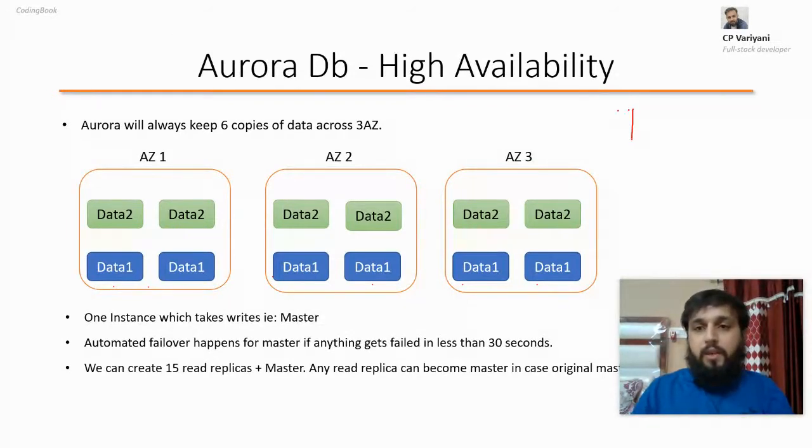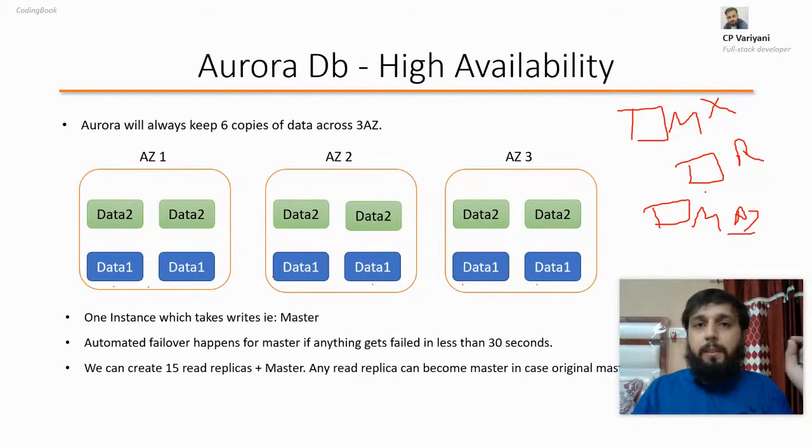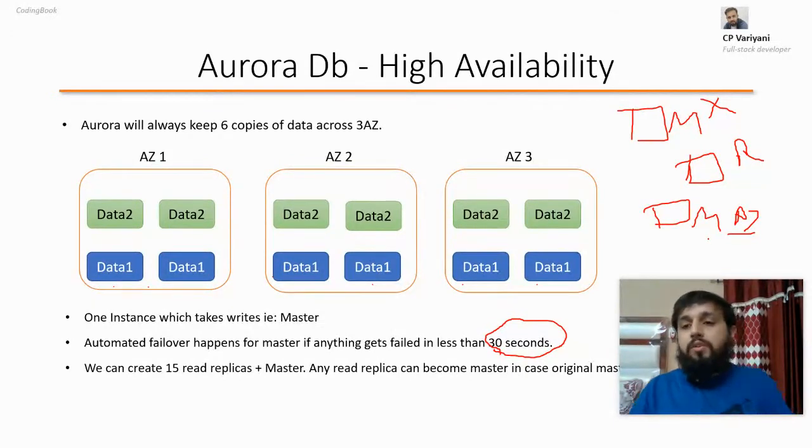Really interesting one. If you have a master instance and a read replica, or multi-AZ support enabled for your application, then if there is a failure in your master instance, either of them, based on your configuration, would automatically become master and start serving as a writer within the 30 seconds. That process happens automatically without any manual intervention. Your user will not realize that anything failed, because your read replica or availability zone support would start working before the user even realizes.